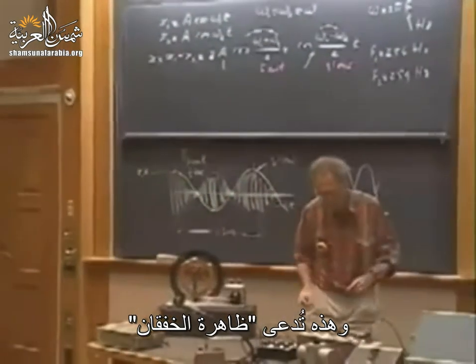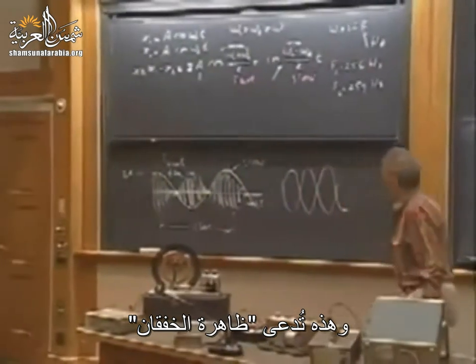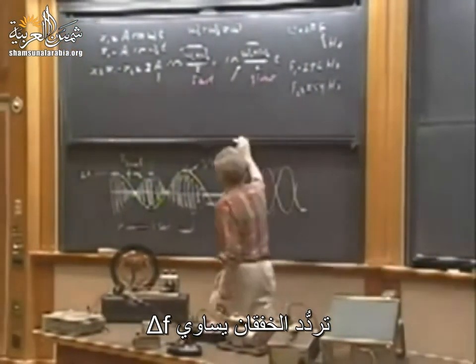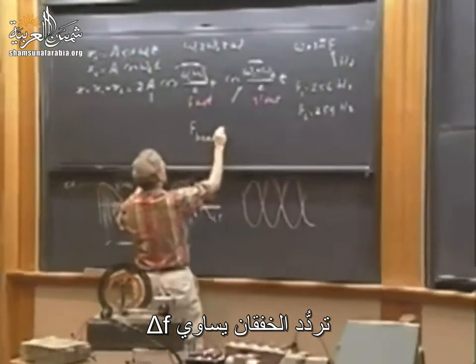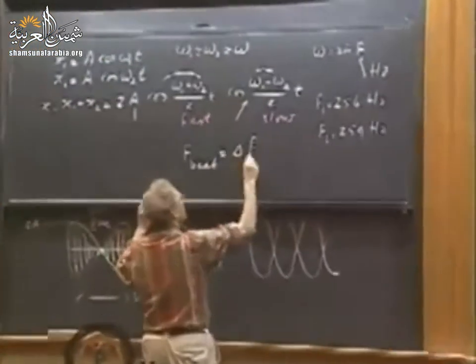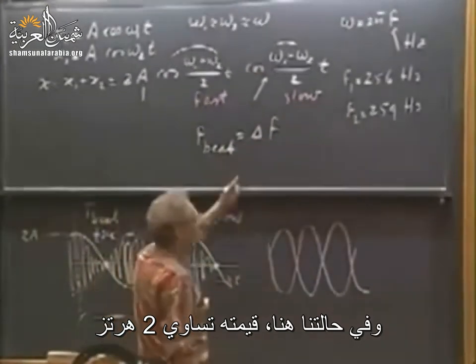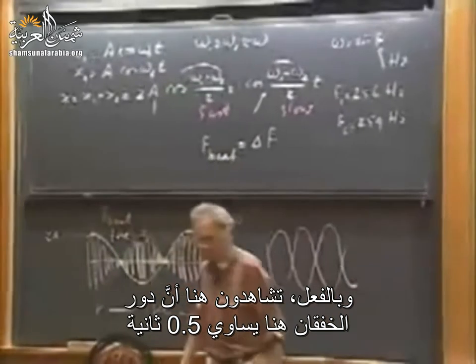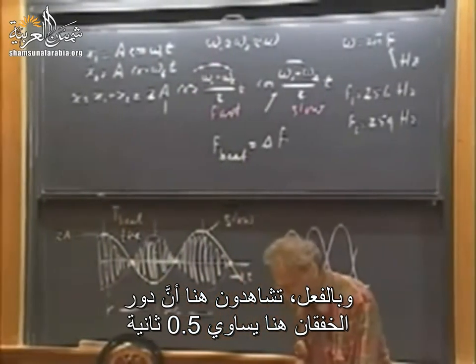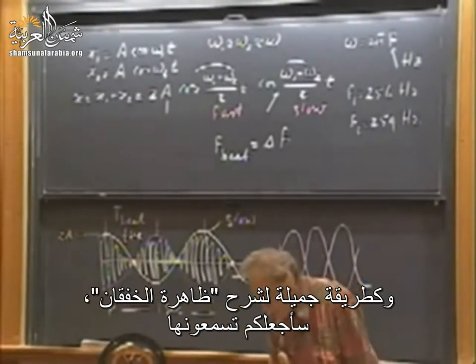And this is known in the literature as the beat phenomenon. And the frequency of the beat, so f beat, is then defined as delta f. In our case, 2 hertz. Indeed, you see that the beat period is half a second. A very nice way